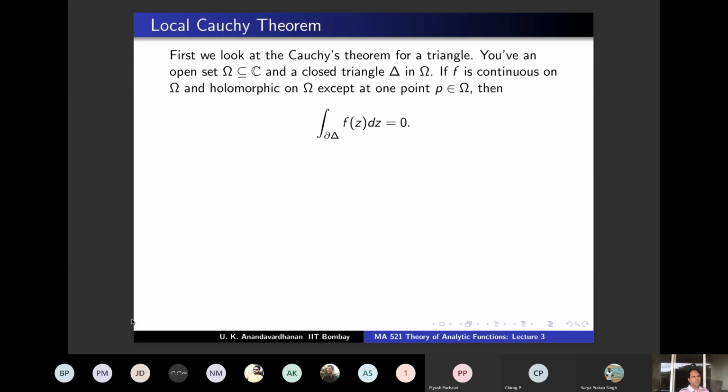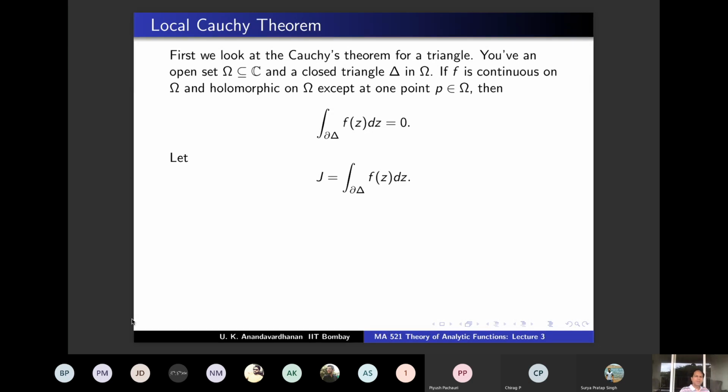As a corollary, you will prove Cauchy's theorem in any convex open set, but no condition on gamma. Here there is no condition on omega, but your gamma is the boundary of a triangle. As a corollary, you will assume that omega is convex open, but there will be no condition on gamma. That is called the local Cauchy theorem. Then we will prove a Cauchy theorem without any condition on omega or gamma. I mean, there may be some condition, but not this kind of very strict condition. That will be the global Cauchy theorem. That's a bit later.